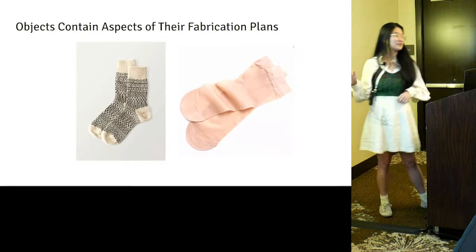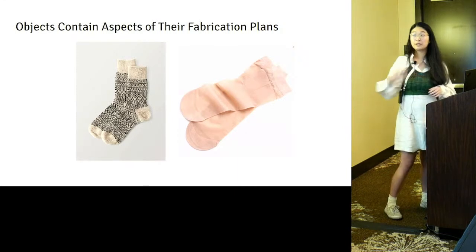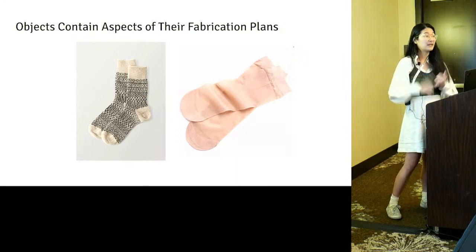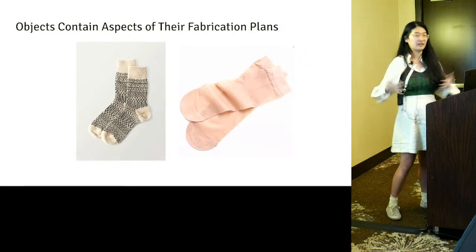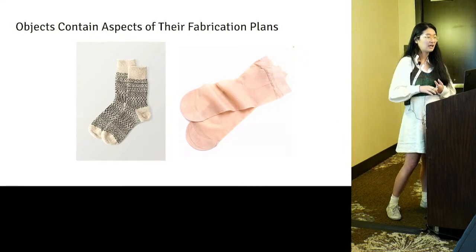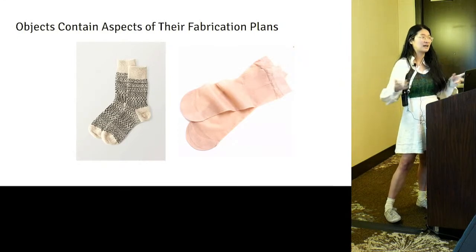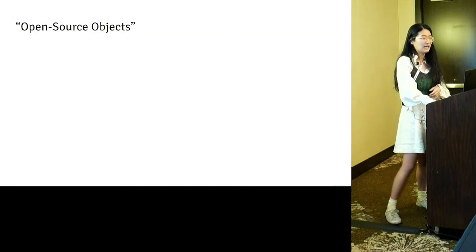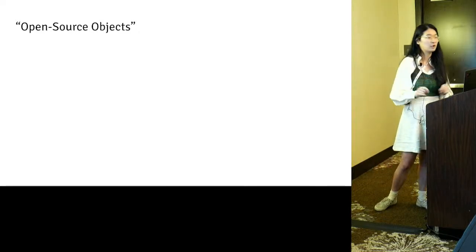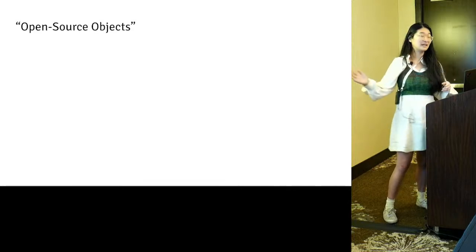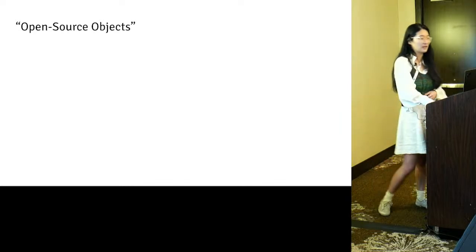But there may be many reasons why these aspects aren't actually enough to recreate the full fabrication plan. For example, there could be many ways to achieve certain types of effects. The process of learning the full plan might require a lot of iteration, making and testing, or even destroying the original object. And so the question is, how do we make it so that the whole plan is recoverable without going to such lengths? And to provide enough information for these tasks, we kind of want to explicitly encode fabrication plans into objects, effectively making them open source. Anyone can take them, remix them, customize them, edit them, or whatnot.